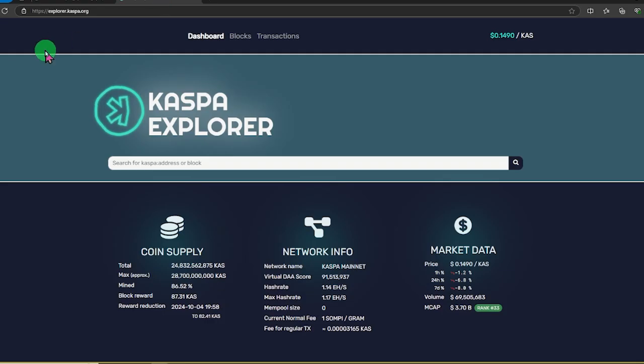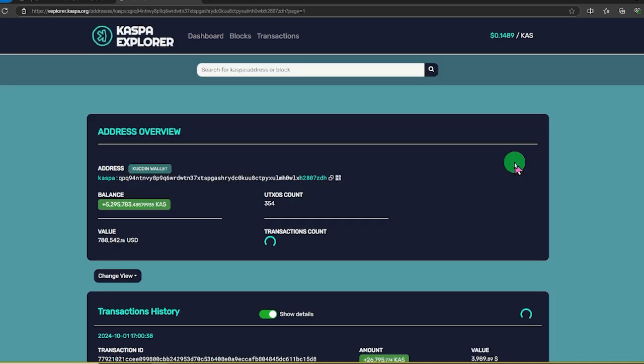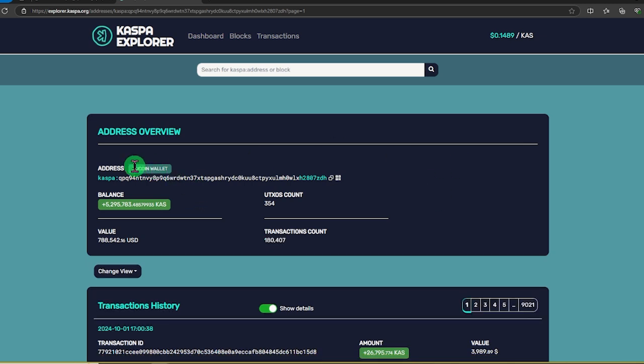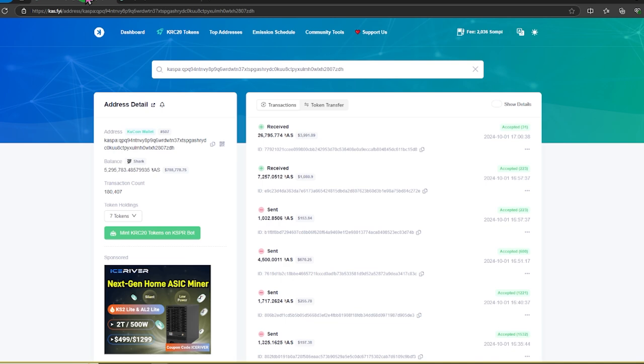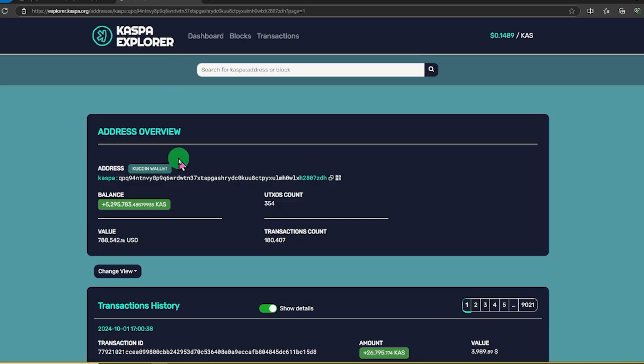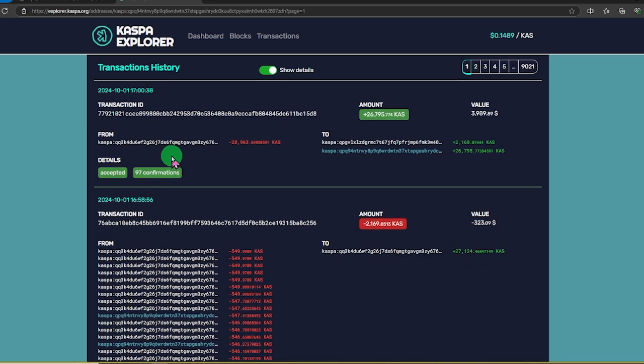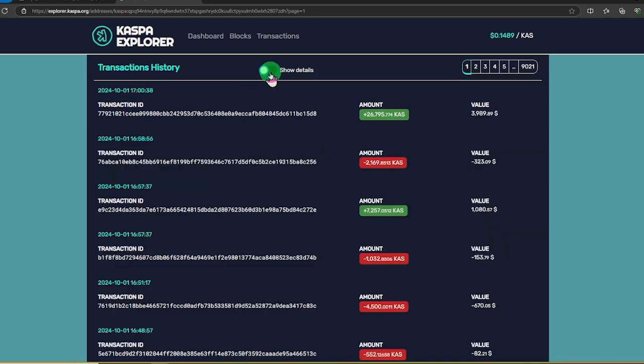The next website is explore.kaspa.org. Again, you can copy and you can paste a Kaspa cryptocurrency address, and this will pop up. As you can see, this is KuCoin wallet, the same wallet that we just saw. They're holding $788,000 worth of Kaspa, and you can take a look at all of the details of the transactions